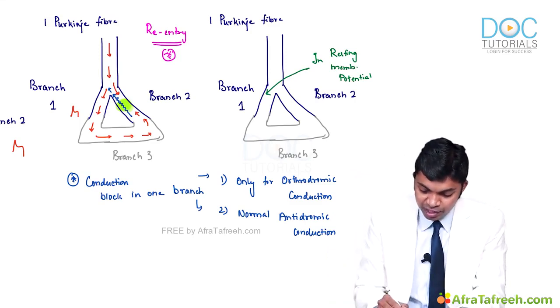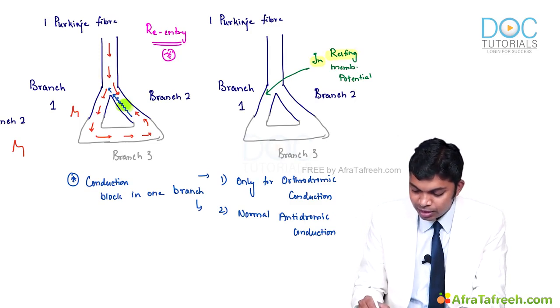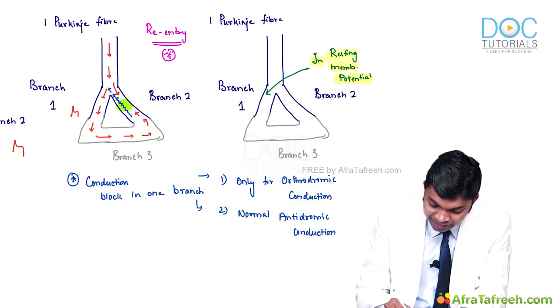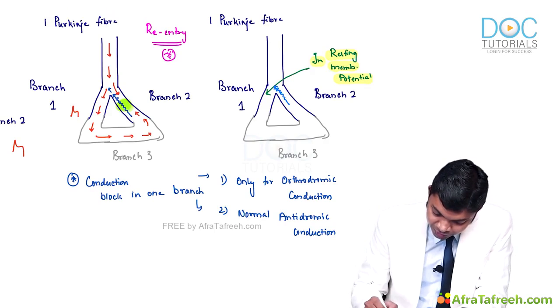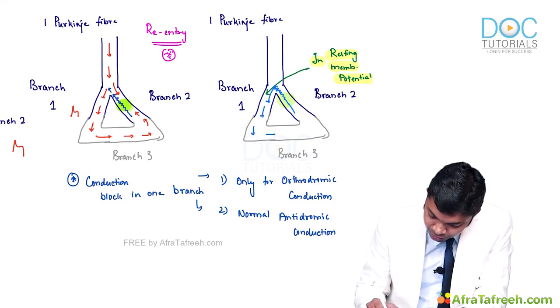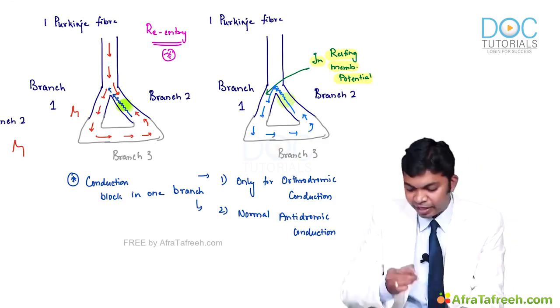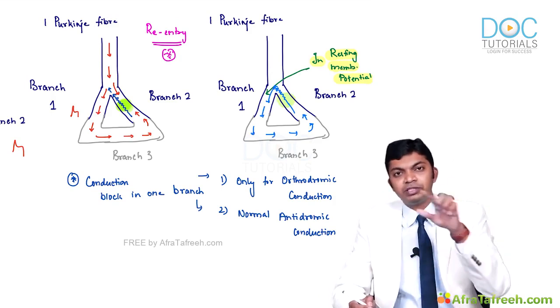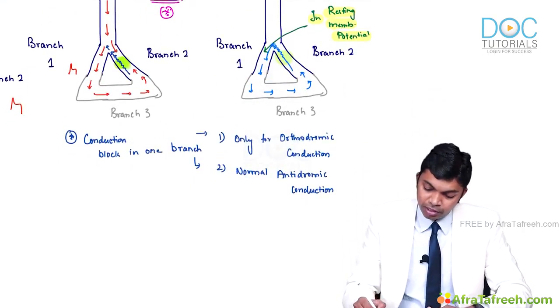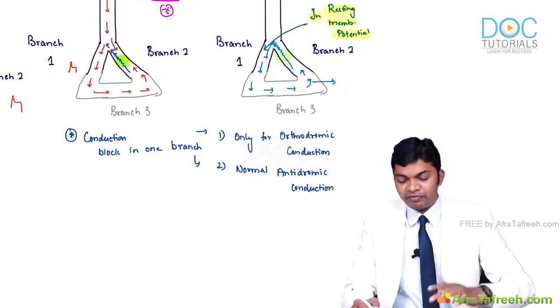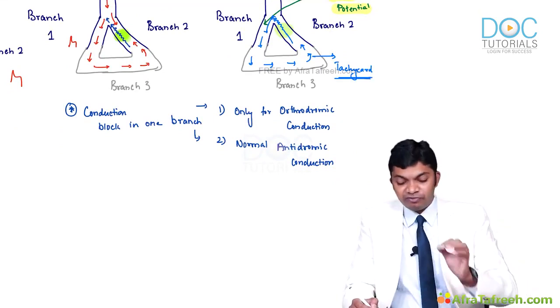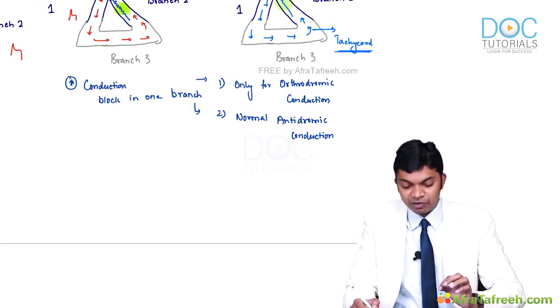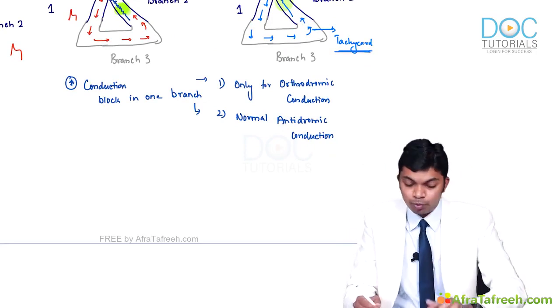So in this phase only, as branch 1 is going to resting membrane potential, the current that has just travelled across the block will now try to enter into branch 1 again. This starts a loop of current between branch 1 and branch 2. This happens in a loop, and this loop continues n number of times, leading to formation of tachycardia, doctors. So for tachycardia to occur, the first and foremost pathophysiology by re-entry is conduction block in one branch,